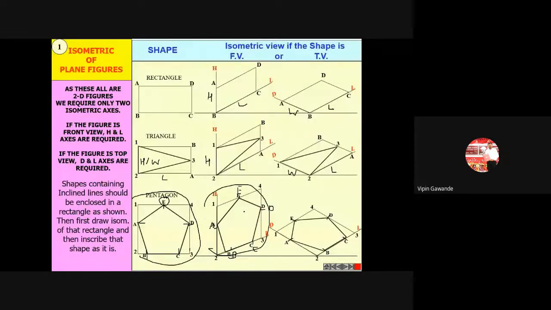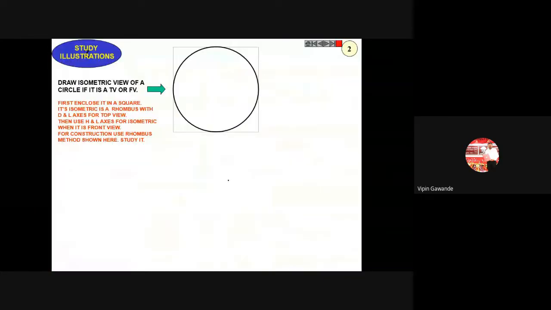So for today we will stop here, and in tomorrow's lecture we will discuss how to draw the circle in isometric projection, because here we are not using the compass. In orthographic projections, we used the compass for drawing the circle, but while drawing the circle in isometric view, you have to follow one method called the 4-center method. That 4-center method we will discuss in the next lecture.